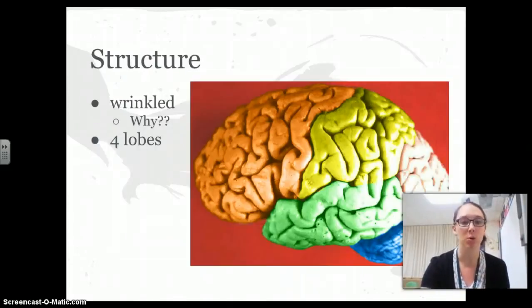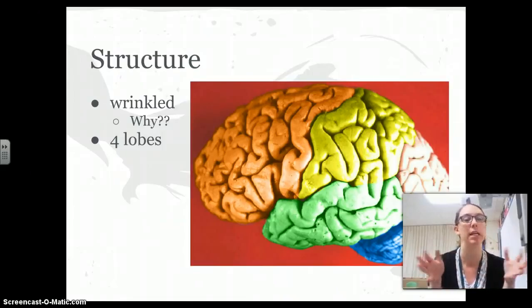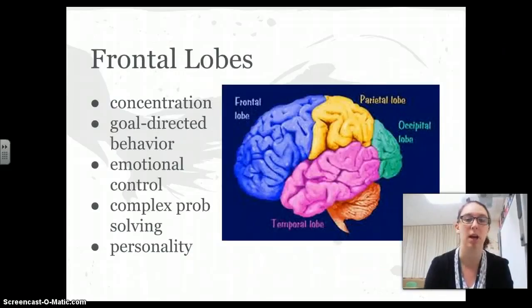We got through the structure. We said that it's wrinkled, so we can fit more surface area in a smaller amount of space inside our skull. And then we started in on the four lobes. We went over the frontal lobes, in particular, what they did for us, the functions that they served within our body. And what we're going to start with today is we're going to talk about a very specific portion of